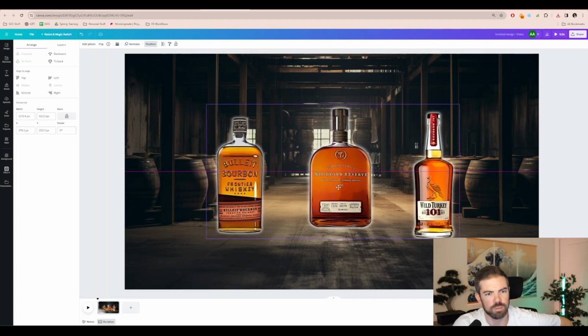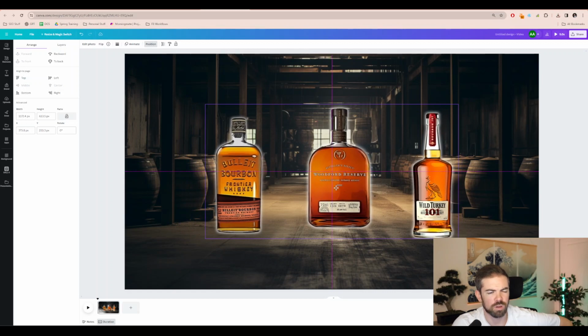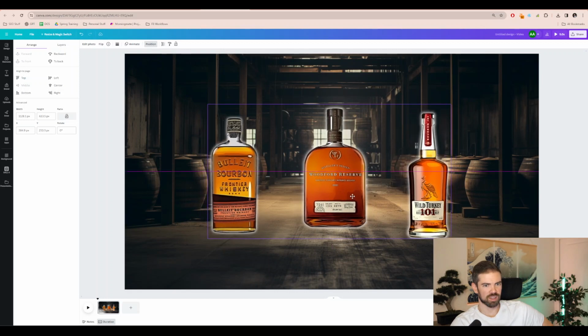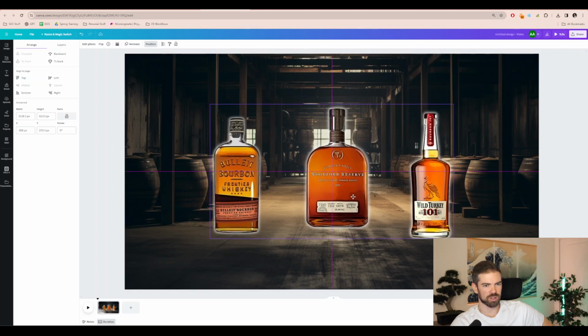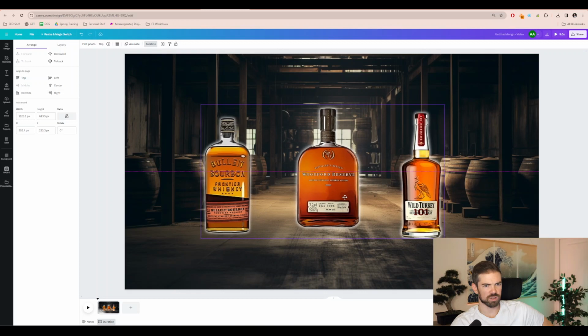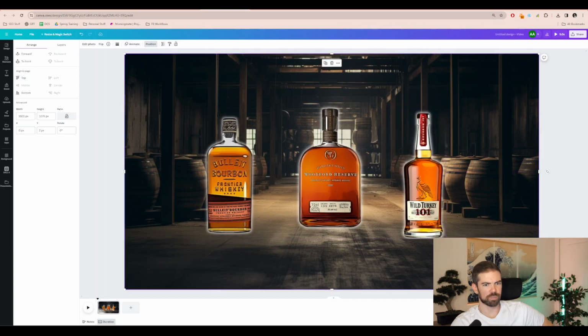Let's try to find the middle point. Okay, so unfortunately that's the middle. We'll do this and see if we can't fix that. Okay, a little bit closer. We'll just do